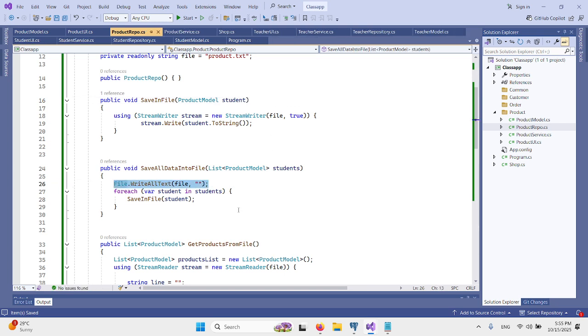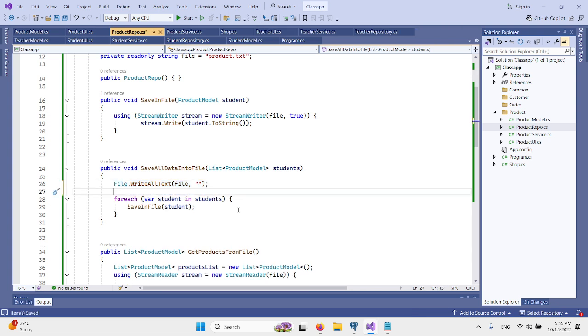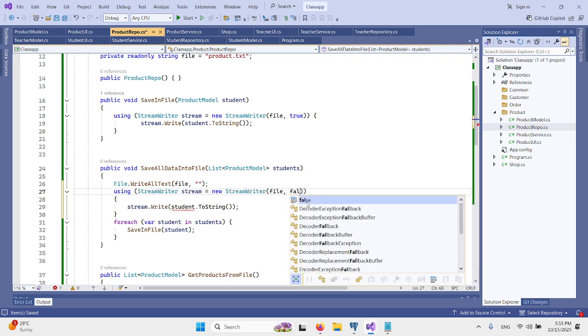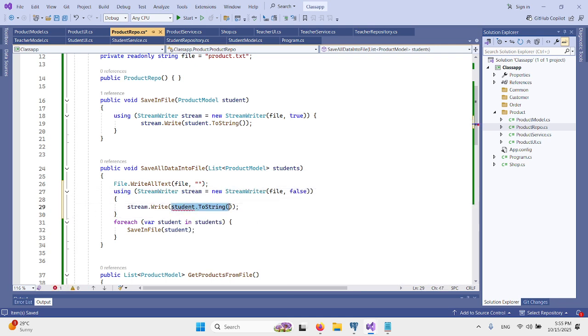So here you can write this logic, or you can write this whole logic here, and you can solve it, and you can write an empty data here. This is one possible way. You can write like that, or you can write like that. Both are the same thing, because this is simple code.